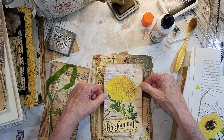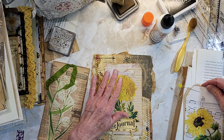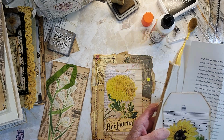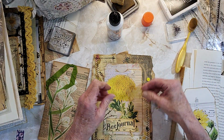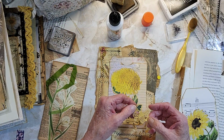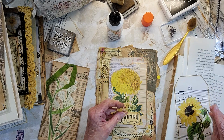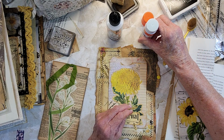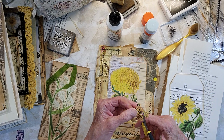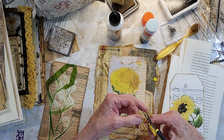All right. Just go right there with that. And I felt like I needed something else, but I had that little bumblebee, but I don't know. Nah, I just don't care for that. Well, I don't mind it without the other bees with it, like just by itself, but still. Let me try it down here. All right, I'm looking for a yellow pair of scissors. There they are. My bee scissors, right? Oops, don't cut off the...